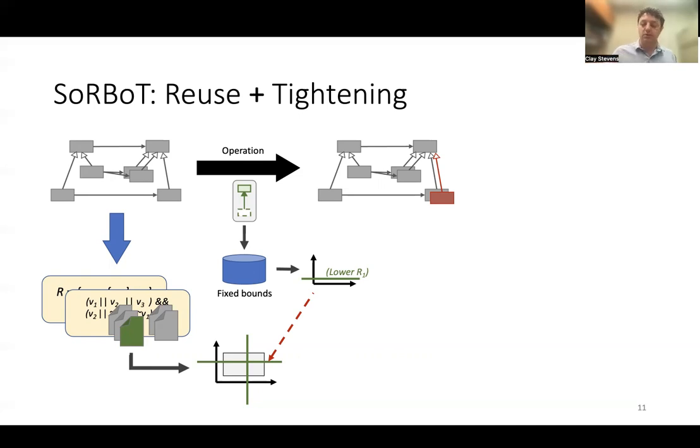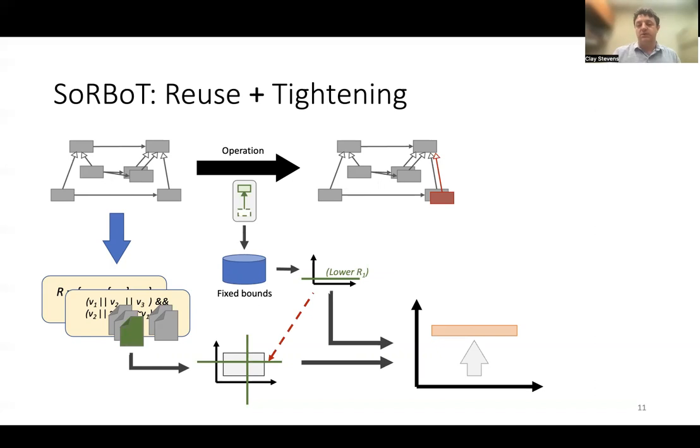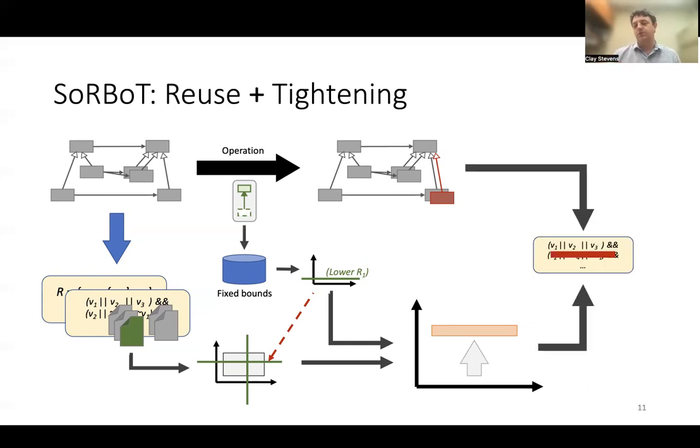What that allows us to do is greatly trim the search space because we can ignore any part of the default search space that is outside those new bounds based on what we have from the previous solution, because we know that the fixed bounds will not change. So whatever we had determined originally before the operation will still be true after the operation. Now that we have a trimmed search space, we can get the same benefits that the other state-of-the-art approaches do, in that we end up with a smaller CNF problem and a smaller problem passed to the solver,